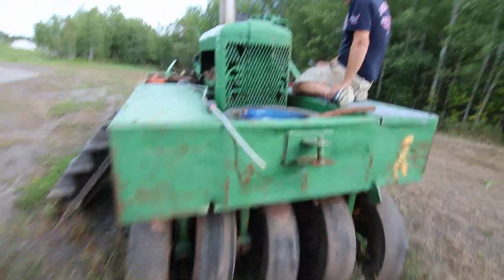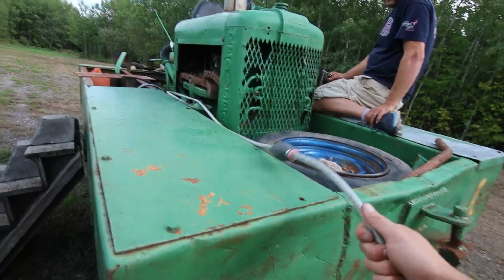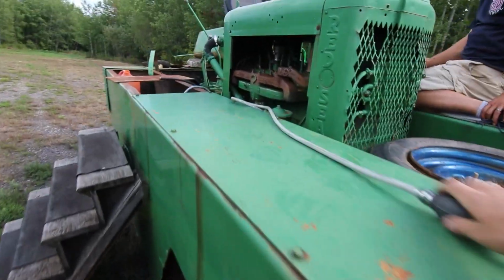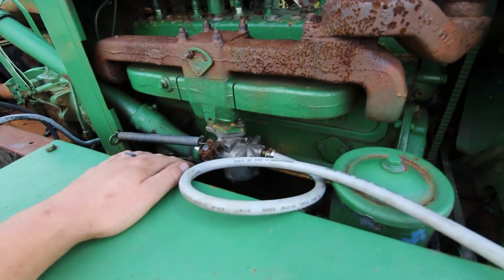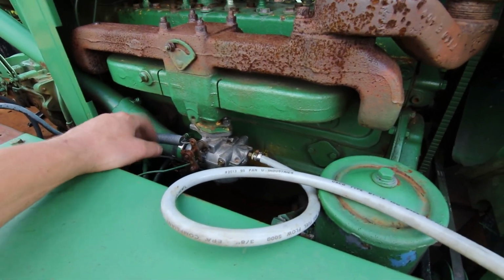Alright, so today we're going to get the roller moving, hopefully. A couple of guys came out here maybe a month or two ago and they did add some fuel on here with the primer bulb. And they did find out that it fires. But they thought that maybe the carburetor needed to be rebuilt. They had actually pulled it off and tinkered with it a little bit,